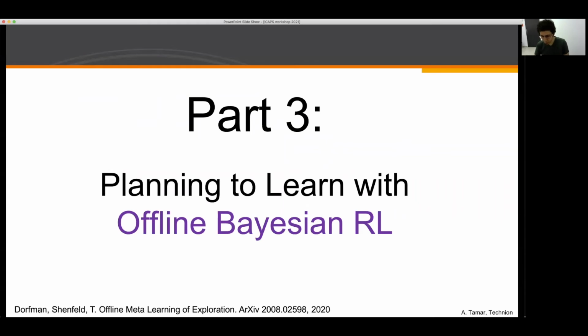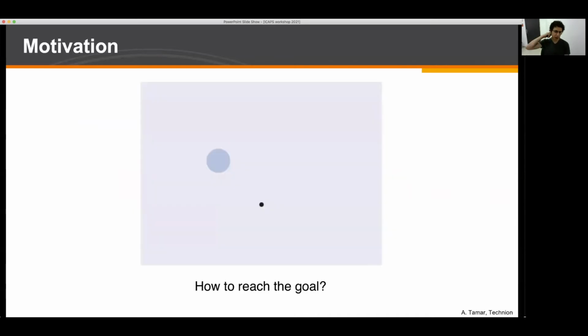So far we've talked about how to learn to plan, basically how to teach a network to solve a planning computation. The next part, we're going to ask a different question, and we're going to plan how to learn. We're going to plan how to solve a new task more efficiently. And to give you the motivation,